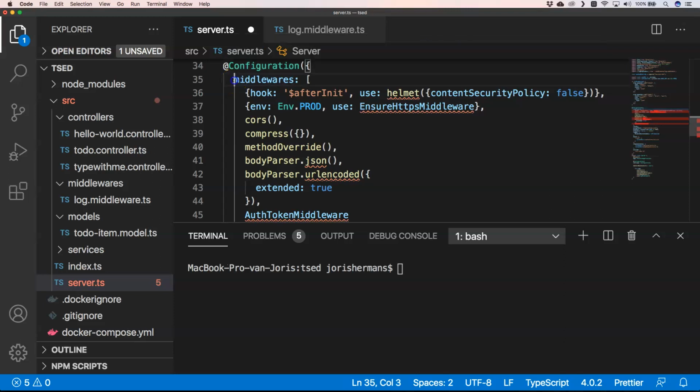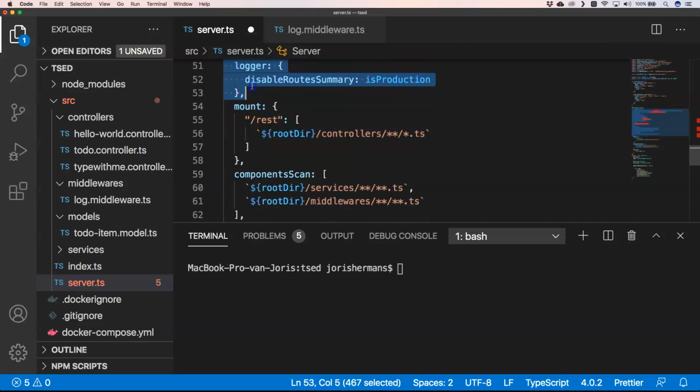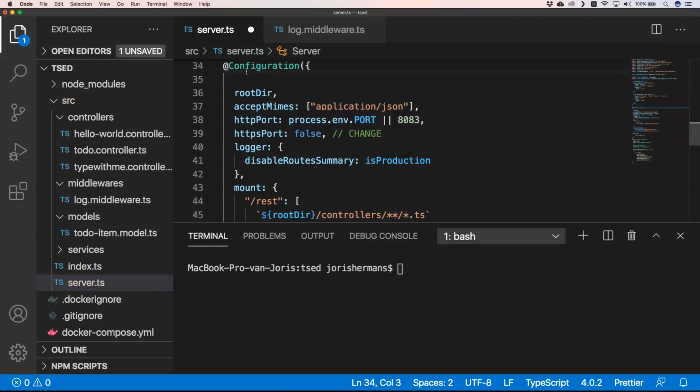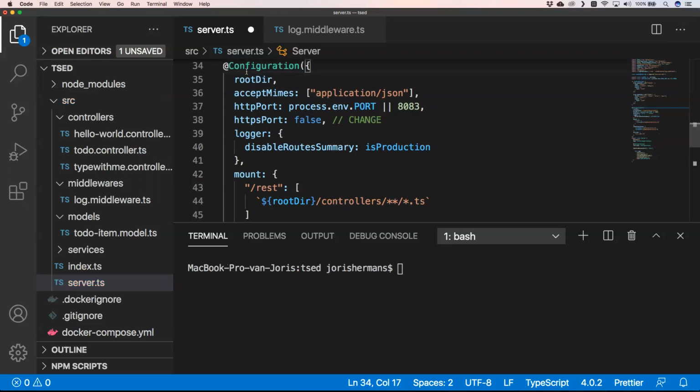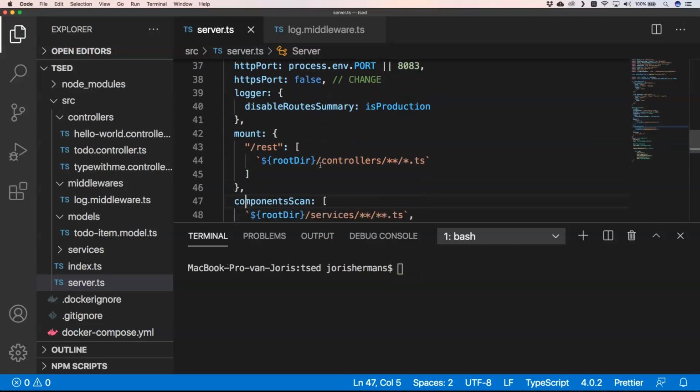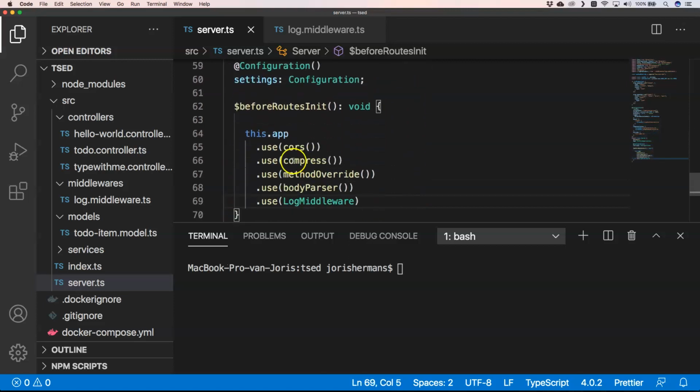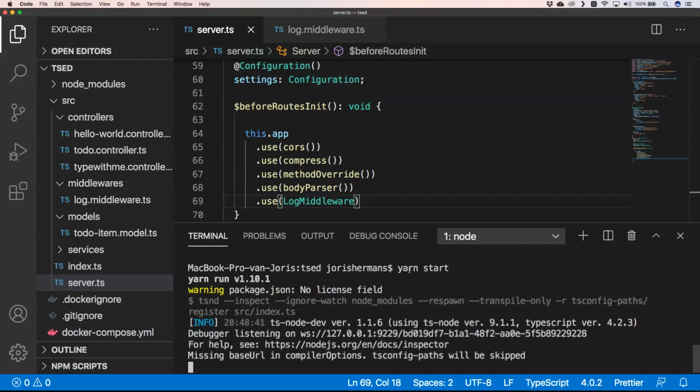I'm going to remove it again. For this tutorial, we don't need them. So it's been removed. Great. So we added the log middleware, right? If I'm now going to start our application,